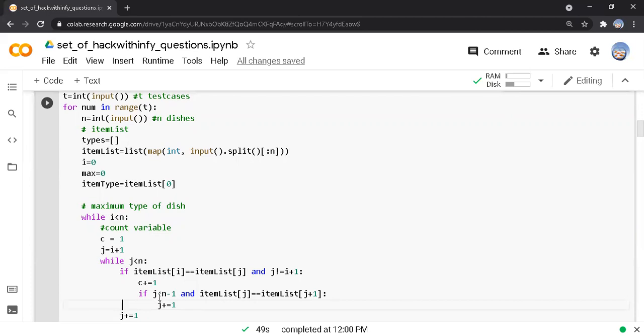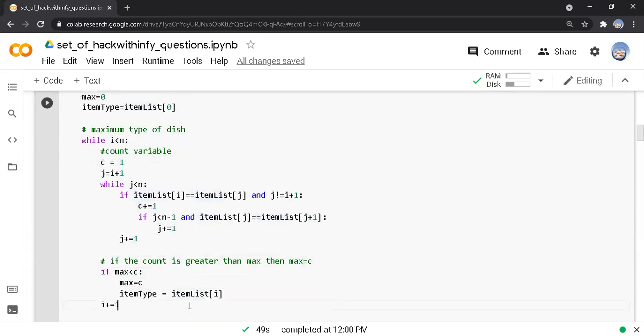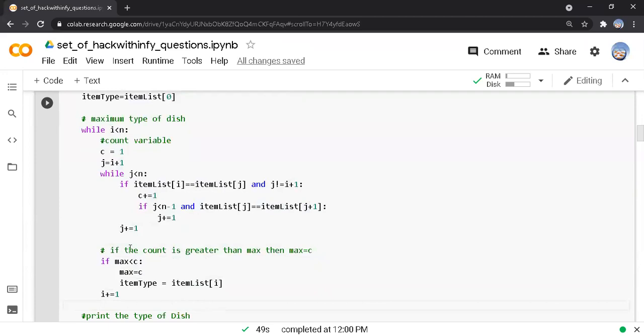Otherwise, if j is less than n minus 1 and item list of j equals item list of j plus 1, then we have to increment the j value. Here, if max is less than c, then max equals c. Here we can see that int max mentions 3.